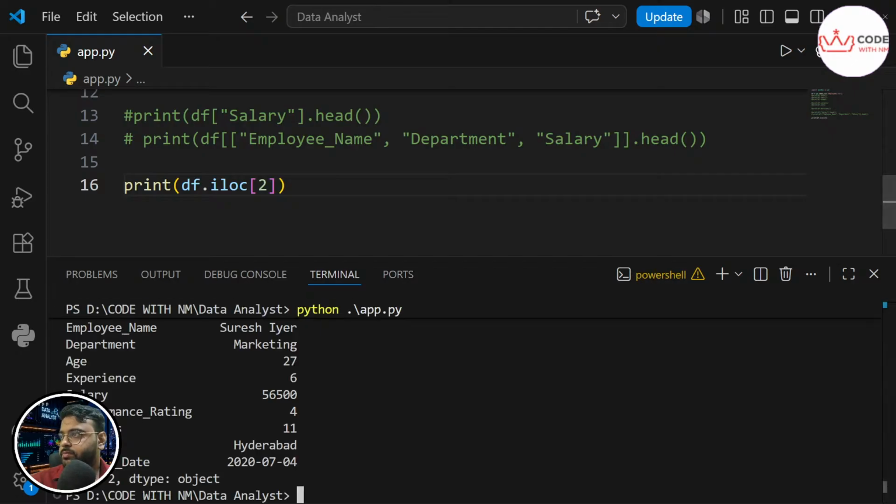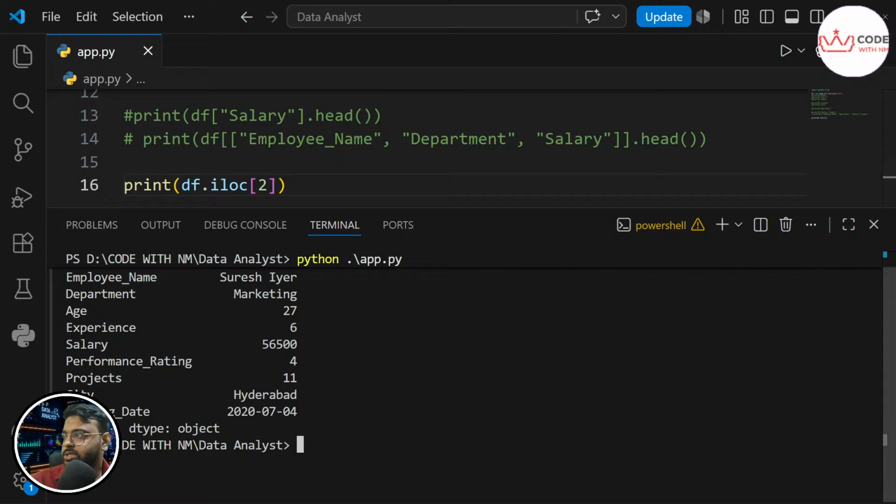You can see the output is employee name, department, age, experience, every column is there, Suresh Iyer, marketing, 27, 6, the salary.